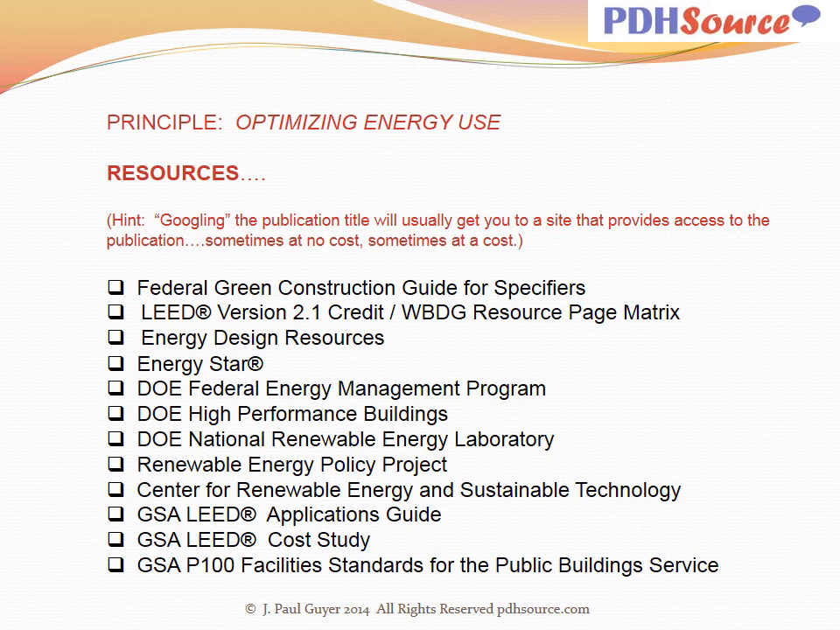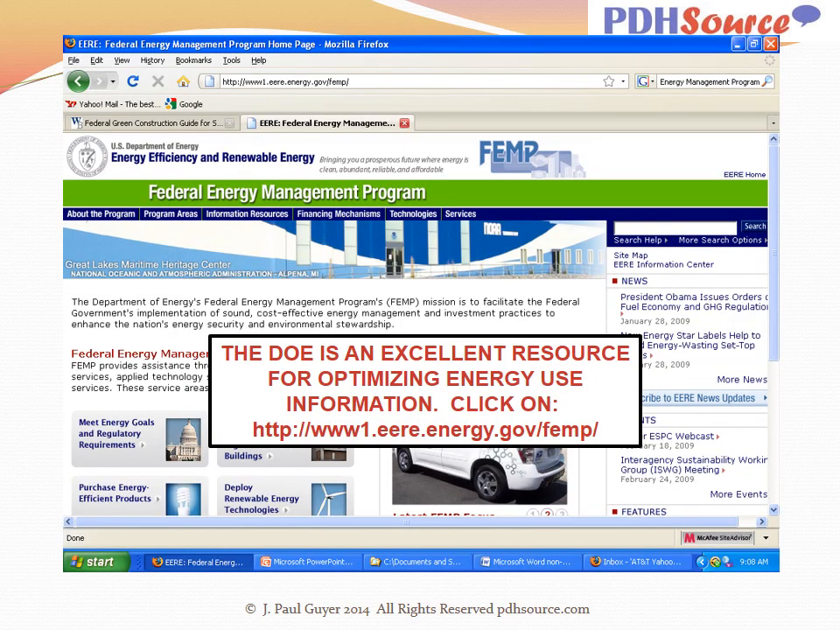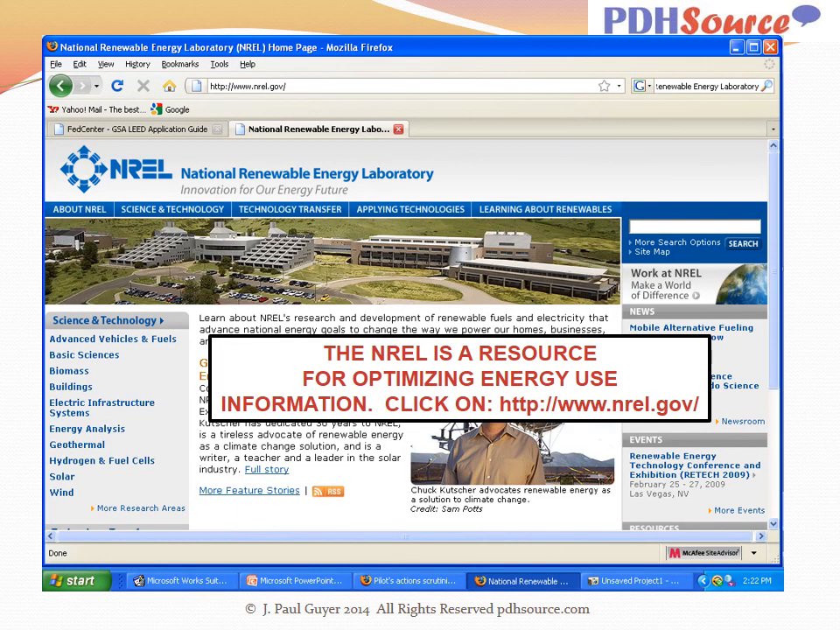Here are some resources available to you. Some of them you've already seen as being resources available in dealing with the earlier principle that we talked about, and you just need to explore these. Department of Energy, of course, is in the forefront here. There is something called the National Renewable Energy Laboratory, which is operated by the Department of Energy. It is located in Colorado,